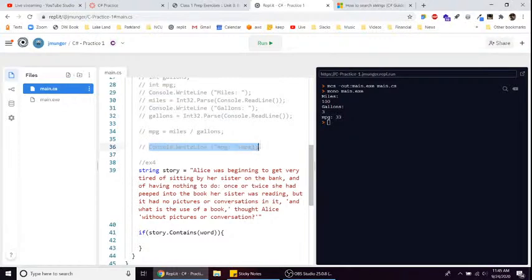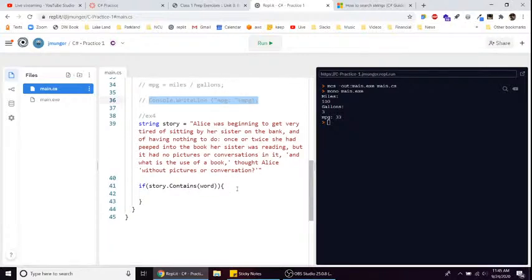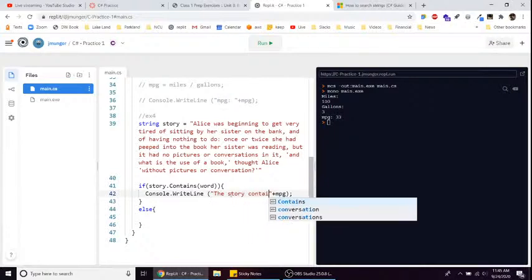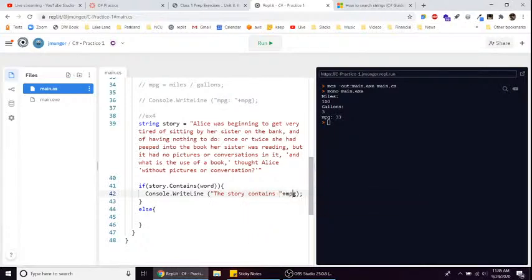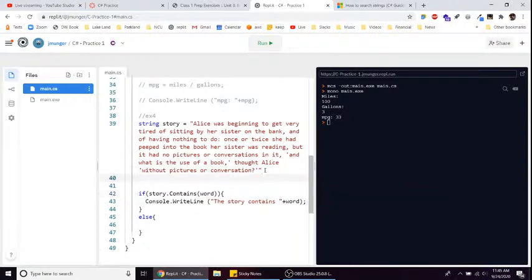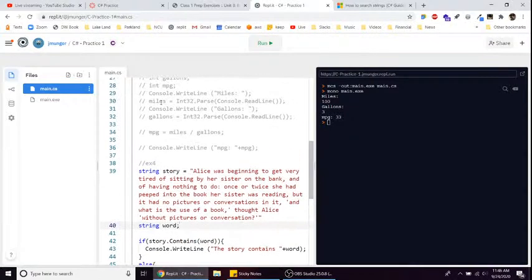So we do have something we want to happen if it's true, but only true, and we have something that we want to happen if it's false and only false. So that means we'll also need an else here. So it has to choose one of these. So if it does contain, we'll print out the story contains word. Okay, and so we'll go ahead and make our string word here, and then we need to read in